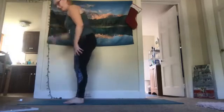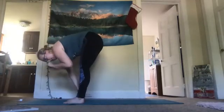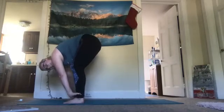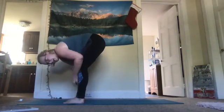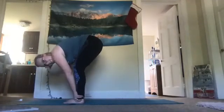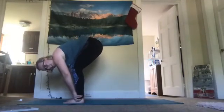Notice what feels great in the body. Notice what feels tight or feels like we built some heat up. Notice where the heart rate is. When you're ready,